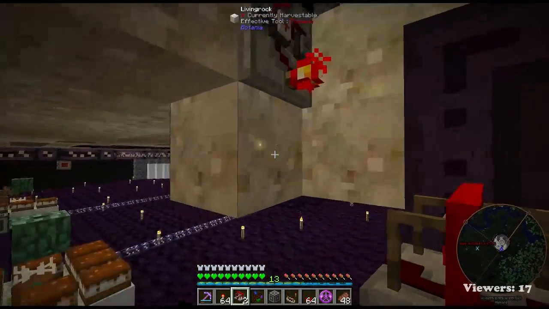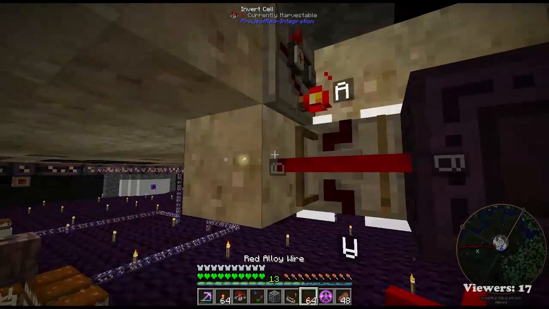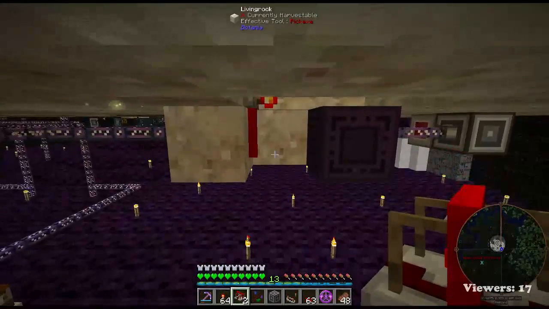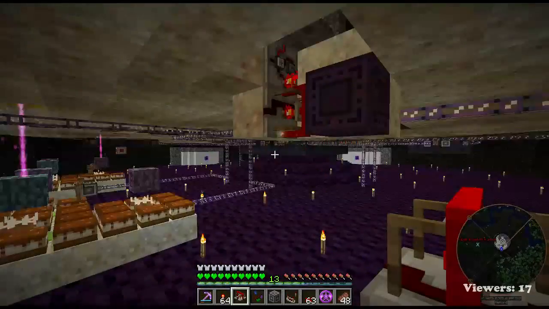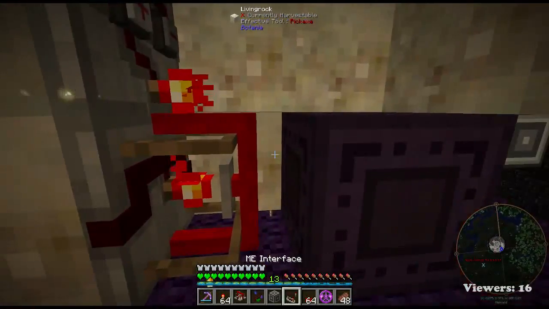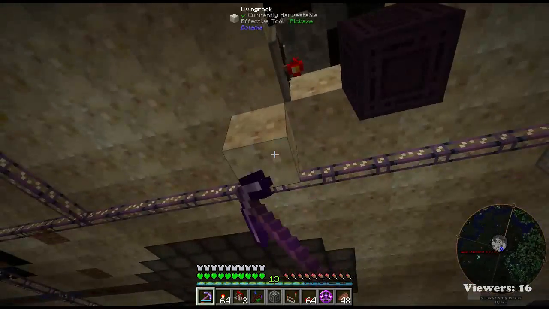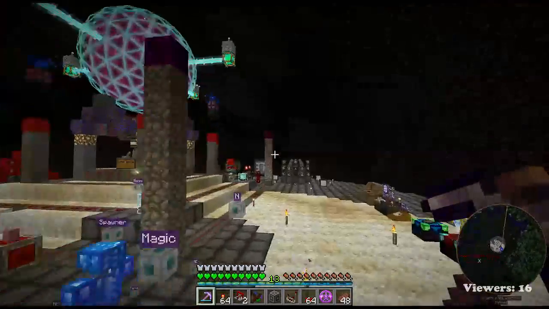So the comparator has to go there, but the inverter possibly goes there, which can't have it there with this there. Right? Right. Can't put wire back here. Nope. It's like stone, something we have a little bit more of. Actually, I have plenty of living rock too, but